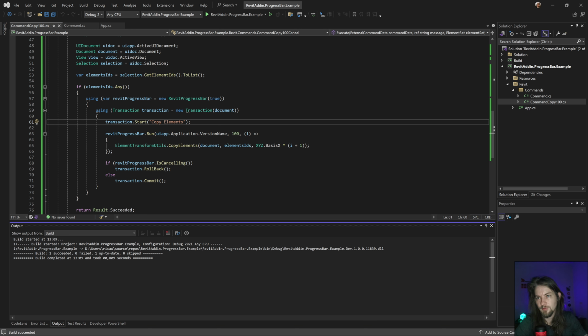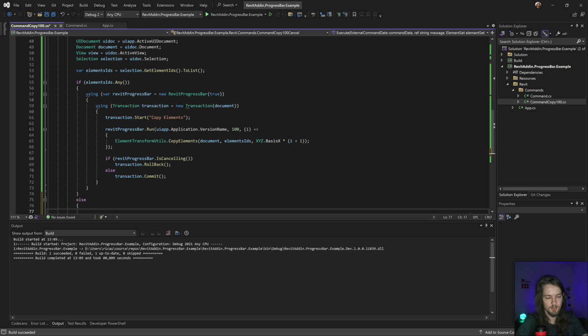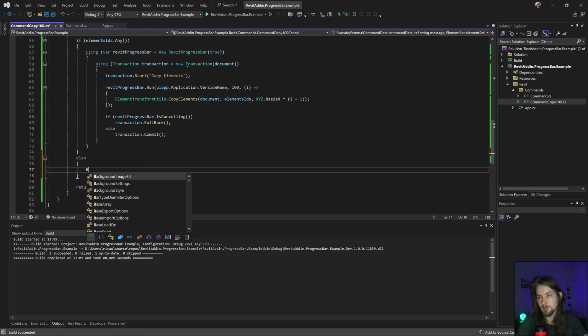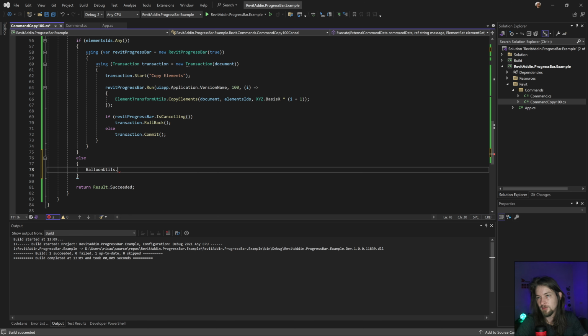And I could have another option like this. Let's put the balloon just to show what balloon you choose. Yes. Let's show something like this.